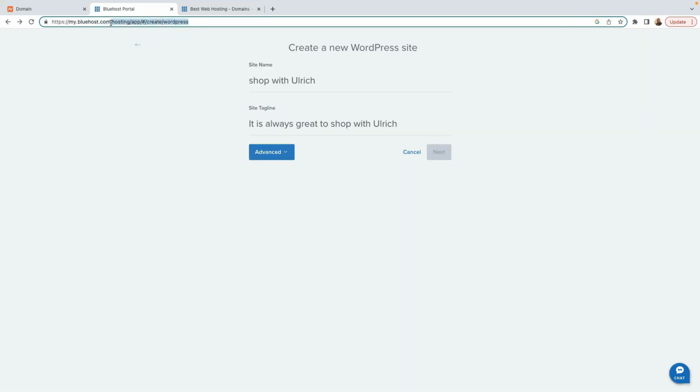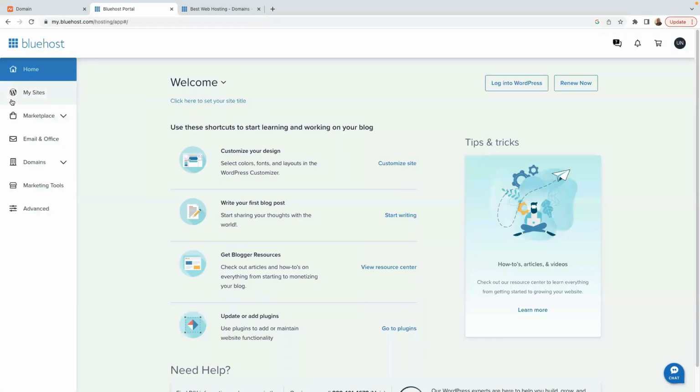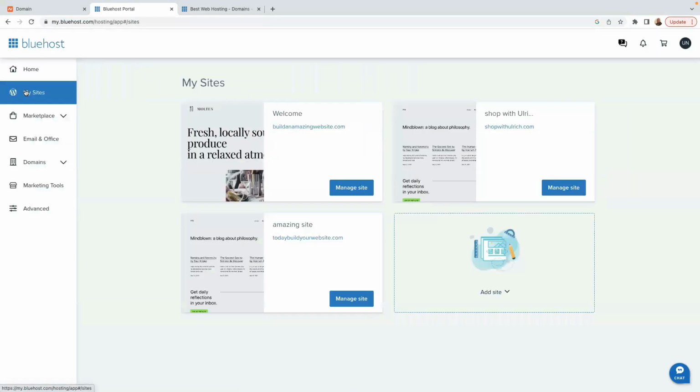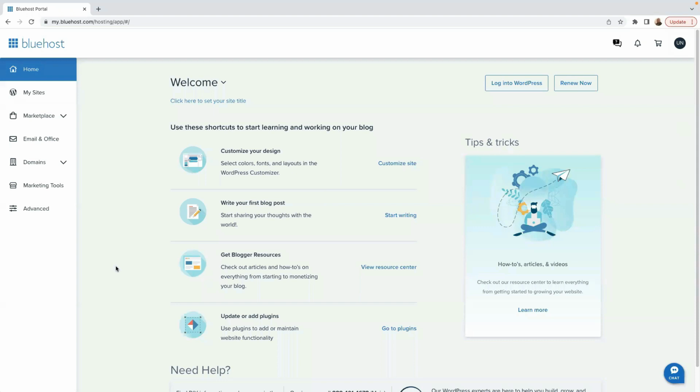So it says file not found, right? 404 error. That's not a problem. If it does that, you need to go back to your Bluehost dashboard. So this is your Bluehost dashboard. That's fine. Click on my site. So this is your site, shopwithoric.com. Sometimes it happens. So just come back here to your WordPress portal, and click here on manage site. If you try to load your website and it doesn't load,